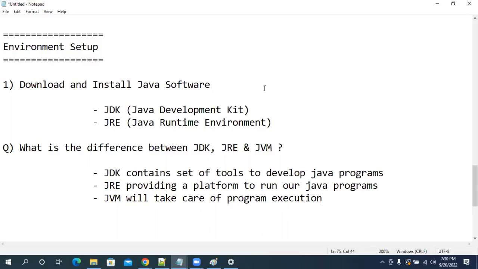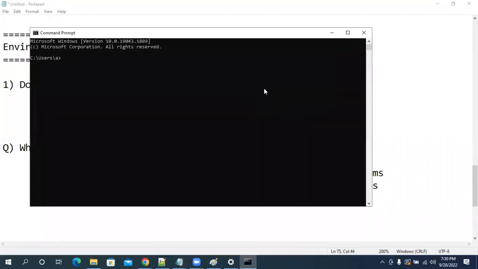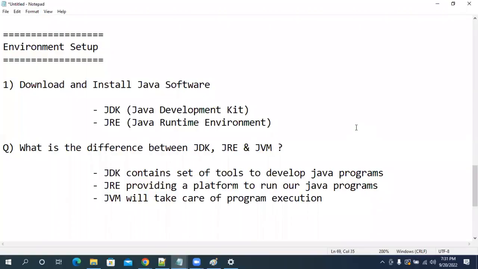Now see here, in our machine, by default, command prompt will be available. In the command prompt, I am going to ask, what is the Java version in my system? Is it able to identify that? Yes or no? Java version 1.8 is available. It is able to identify the Java version. Maybe somebody already configured the version of Java in this machine. Okay. For some people, that option may not come.